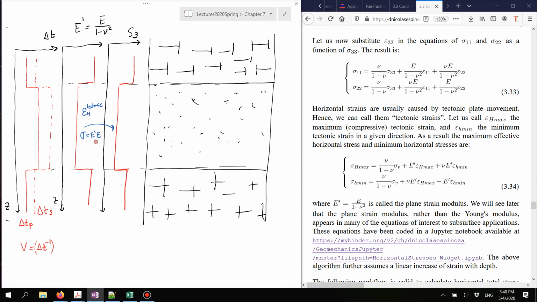If we know how stiff the rock is and what the tectonic strain is in that place, we can calculate the variation of horizontal stress with depth. And in this case, let us assume that this is under normal faulting conditions,